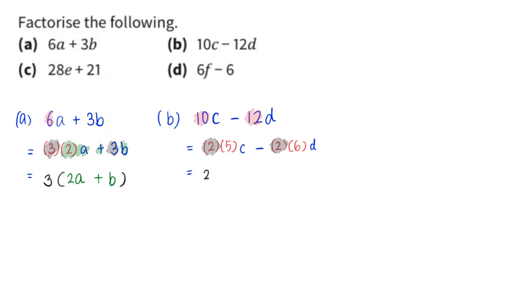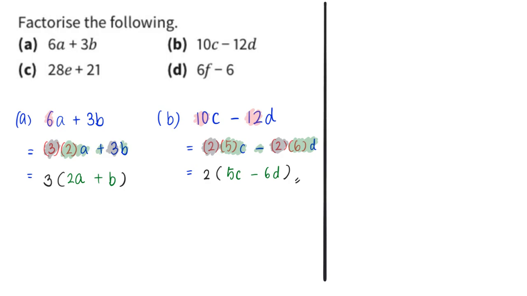The 2 is taken out, and I'm left with 5c minus 6d. And I have successfully factorized this. Alright, let's move on to part C. Okay, I'm going to just write part C at the side. Okay, so for part C,